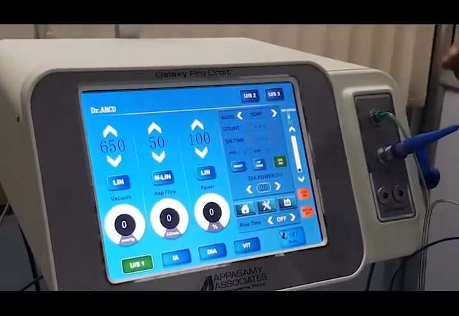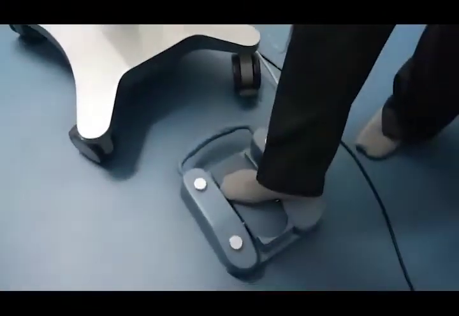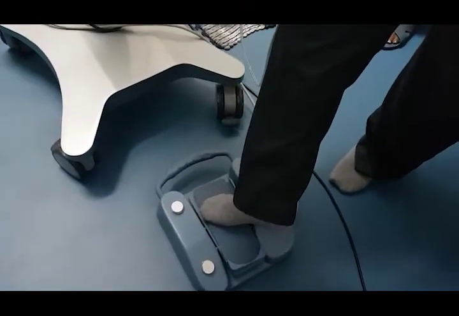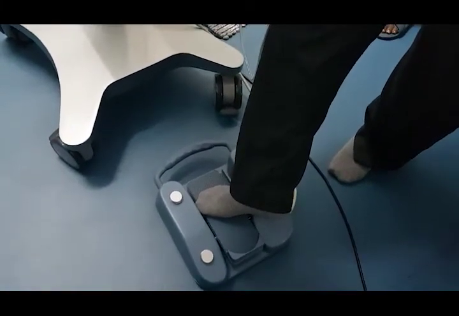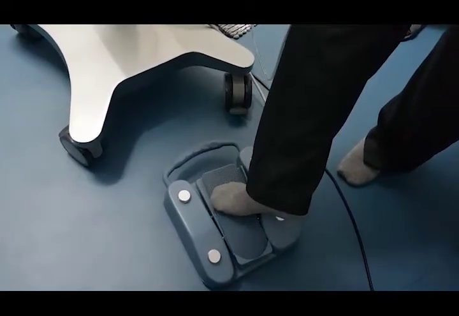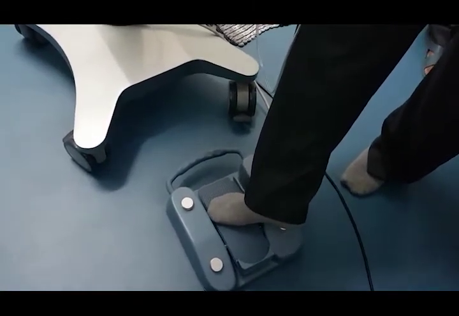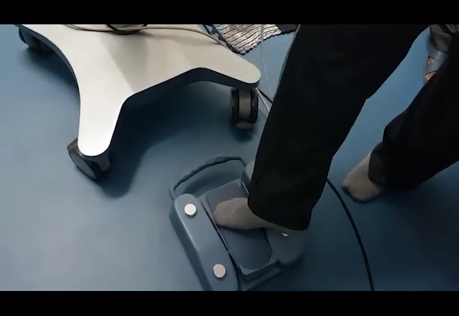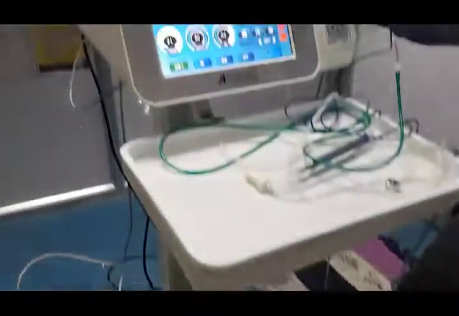The vacuum is varied in the X direction of the foot pedal and ultrasonic energy is varied in the Y direction. So here we can vary the vacuum as well as the ultrasound both linearly. The surgeon will have full control of the phaco machine.